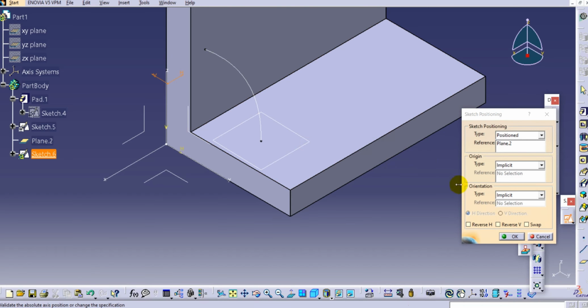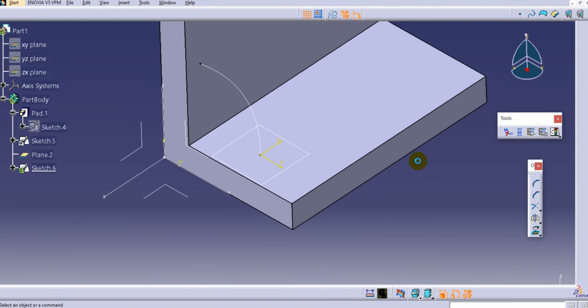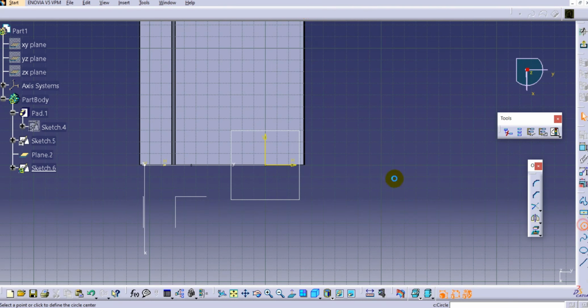You can follow the steps so that you can understand in a proper way. So here we will project this point to this point, and here swap this edge. So here we will create a simple profile, once again a circle,